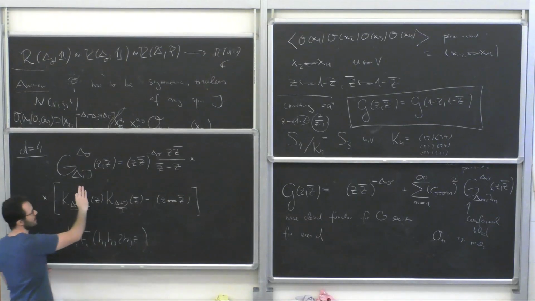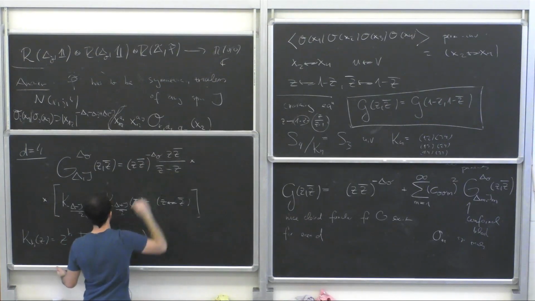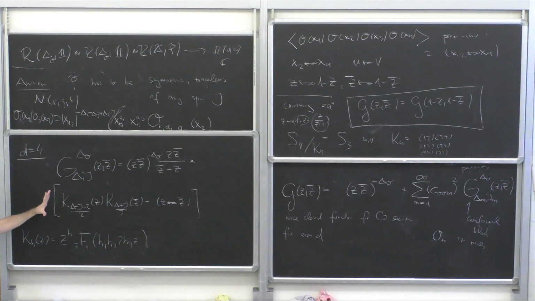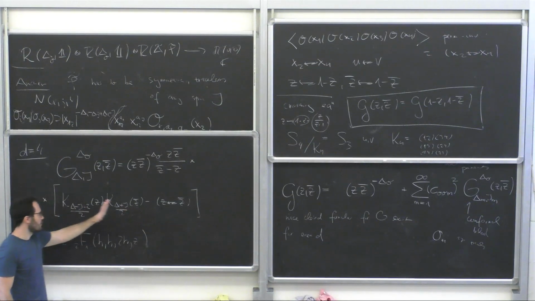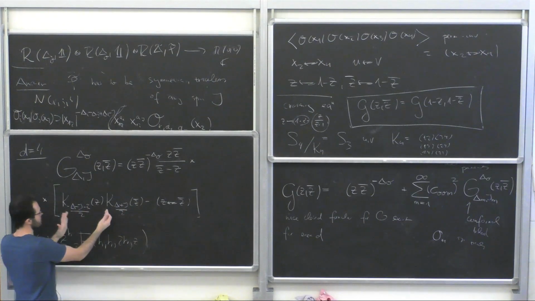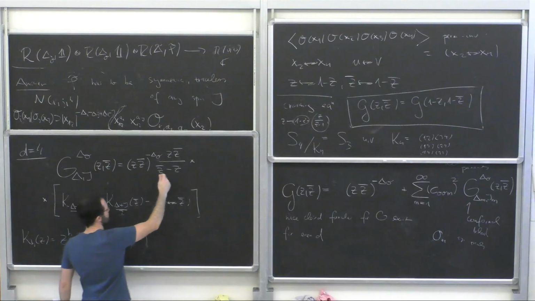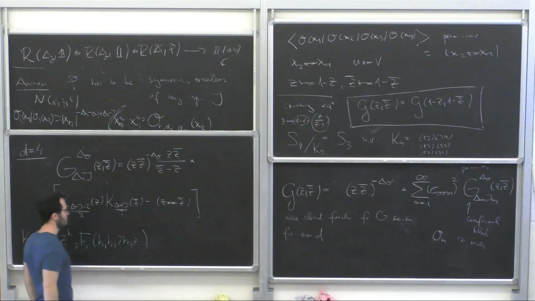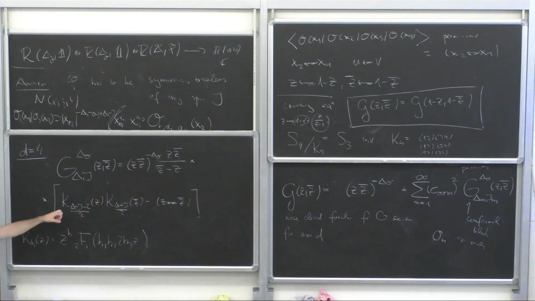So the conformal block is some power law out front times a special function of z and z bar, which almost factorizes into a function of z and a function of z bar. It doesn't factorize essentially because of this factor here, and here k is a special function